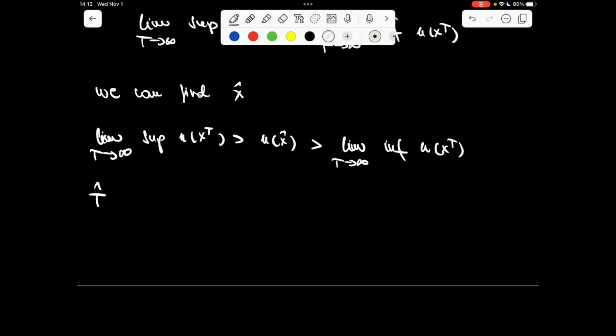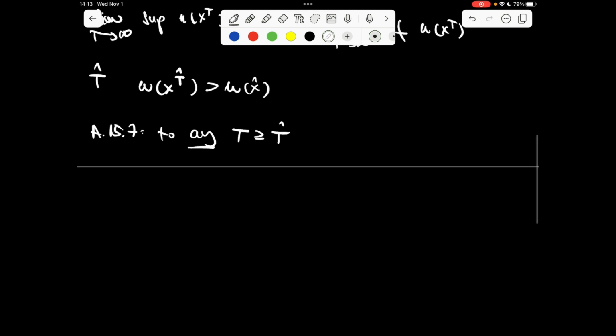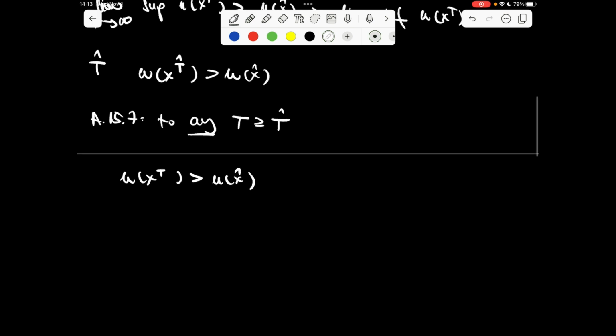Let's have an index at which this truncation of the original series, the utility of the truncation of the original sequence, this inequality holds because of assumption 15.7 to any t above this limit, crucial threshold, it is true. Okay, which is a contradiction